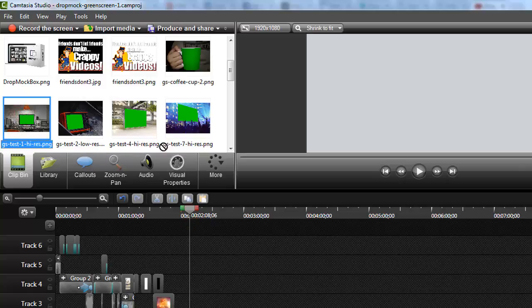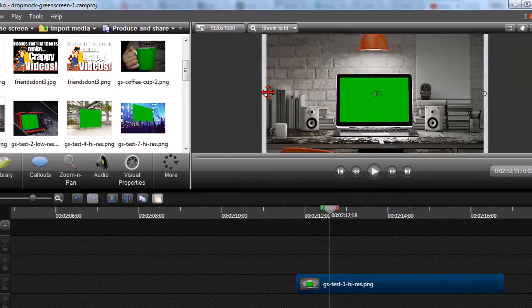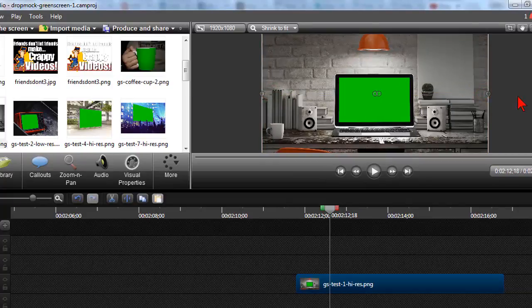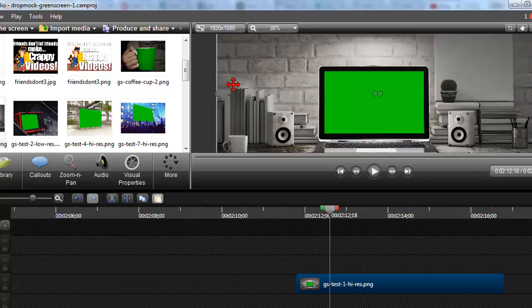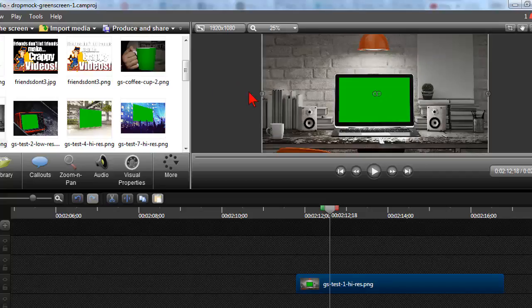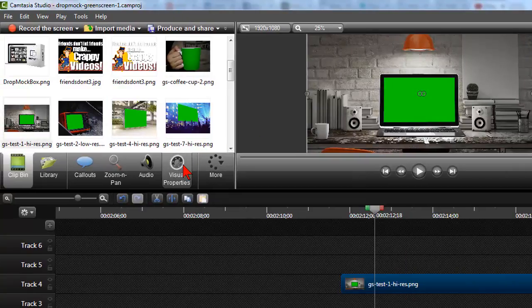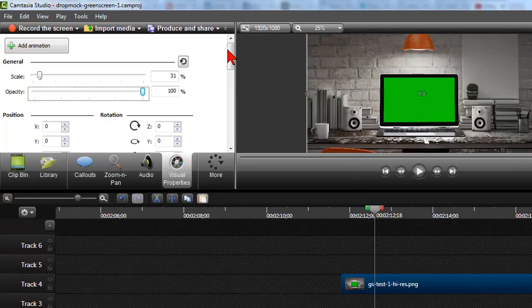So I would take my image, drop it on the timeline, and we'll stretch out here, right? And I'll resize it to make it fit. Not all of the images are widescreen, so you just got to kind of monkey with them, but it's no big deal. So the first thing I'll probably do is click on it, and then go to the visual properties,